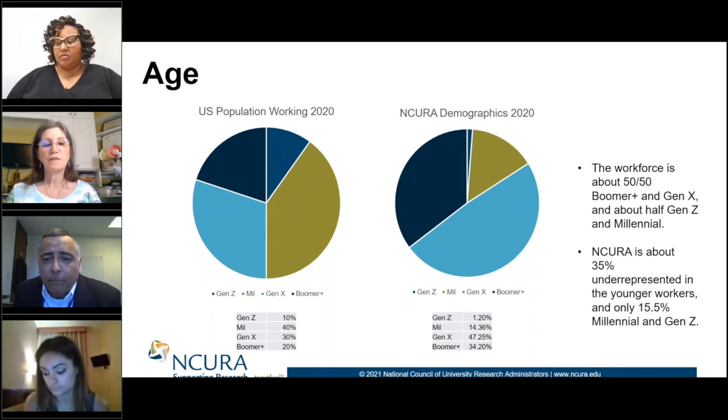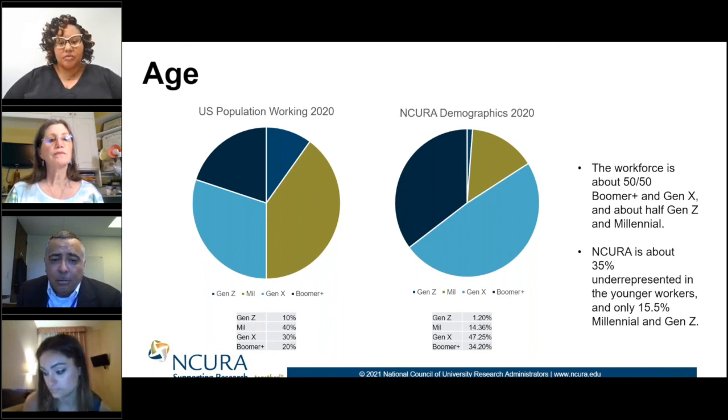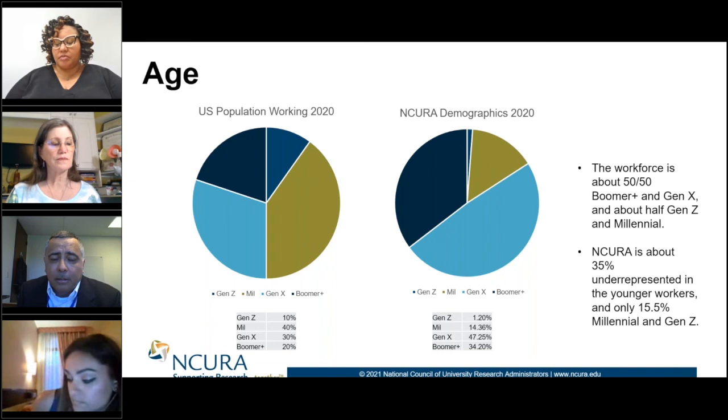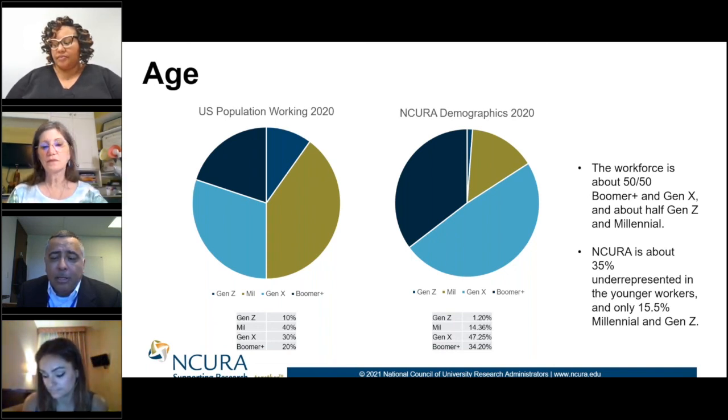Looking at the workforce, 50% are boomers and Gen X, and about half are Gen Zs and millennials. So Incura is about 35% underrepresented in the younger working groups. As you can tell, we are not really reflective of the national population as far as demographics are concerned. And keep in mind, when you're looking at data, you're also trying to figure out what that data means,